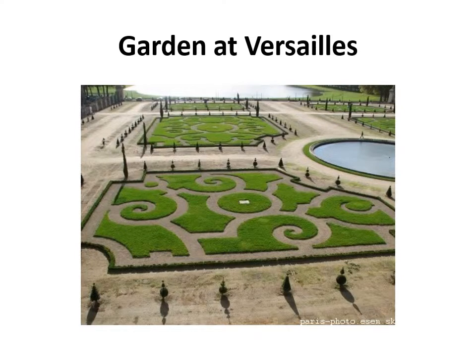Here you see just one small part of the garden at Versailles. Versailles actually sat on 2,000 acres of land, so this place was immense. And the gardens actually rival the beauty of the palace itself. They were laid out, perfectly manicured,